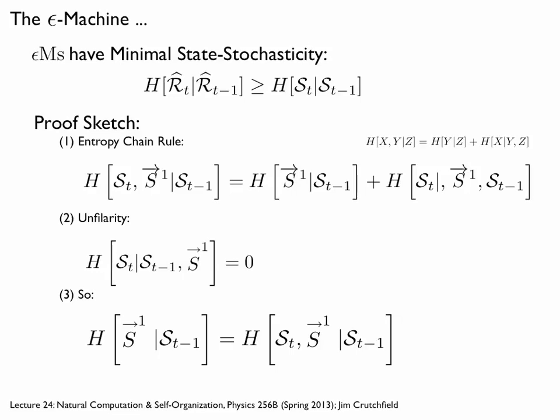When I'm thinking about this, this is just some joint distribution, right? The uncertainty in x and y given z, and I just apply this information identity. I have a choice, but I put y out first here: the uncertainty of y given z, plus the uncertainty in x given y and z. So I rewrite this conditional joint uncertainty as the uncertainty in the next symbol given the previous state, plus the uncertainty in the next state given the next symbol and previous state. But by unifilarity, that second term is 0.